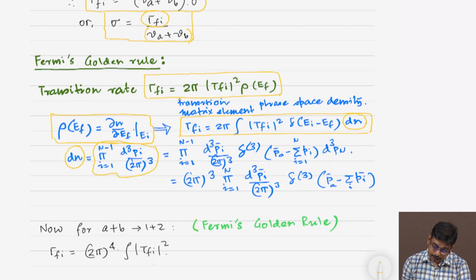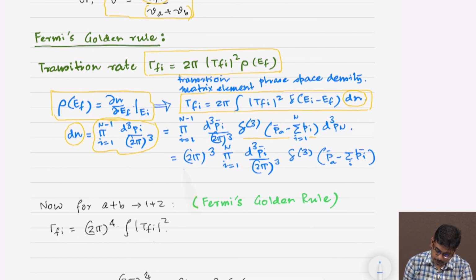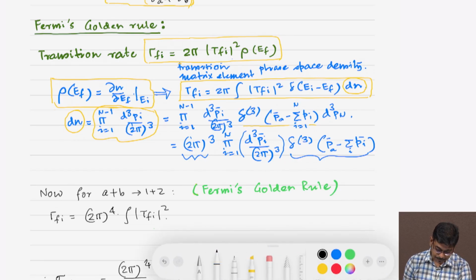And this can be written using a delta function, delta cube of Pa minus Pi, where we invoke this condition of momentum conservation, and then this actually reduces to this expression, that this is 2 pi whole cubed into delta cube of Pa minus Pi. Okay. So, let us try to put this expression back into the expression of the cross section, or rather